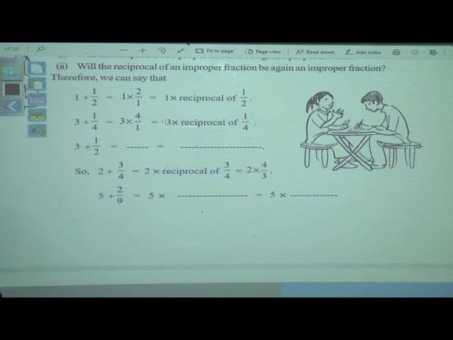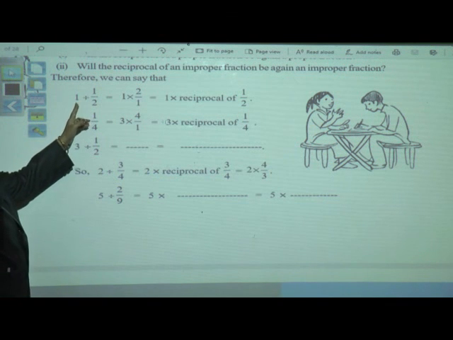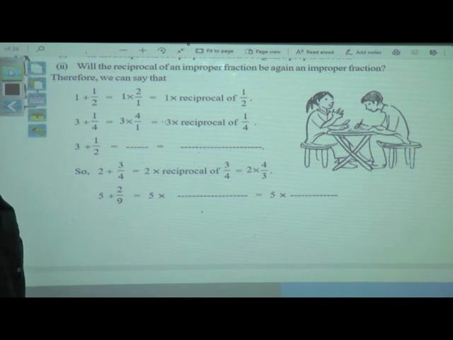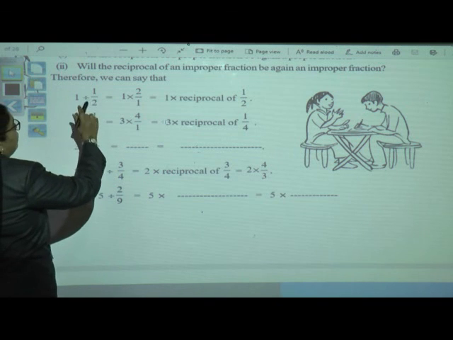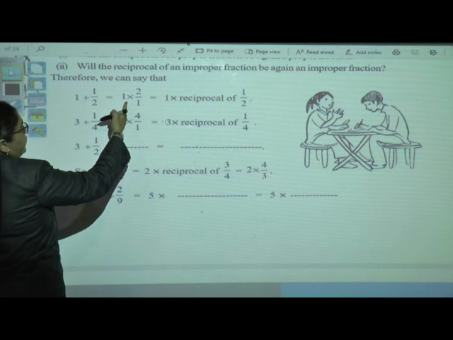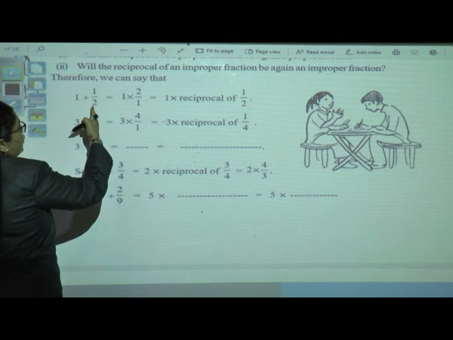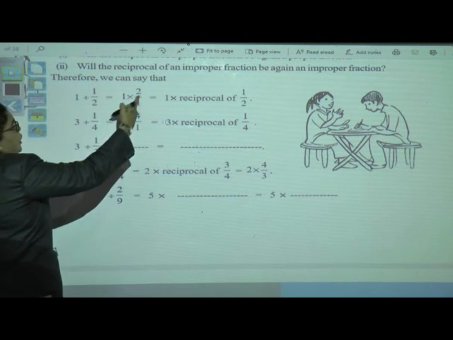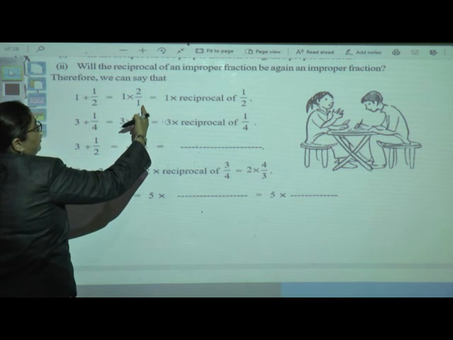Here we are having some reciprocals. We will see in short. 1 divided by half, this means the whole is divided into half, that is 1 upon 2. I told you when it is a division, you have to write it in multiplication form, that is 1 multiplied by the reciprocal, that is up and down. The denominator we have to write in the numerator, that is 2 upon 1.